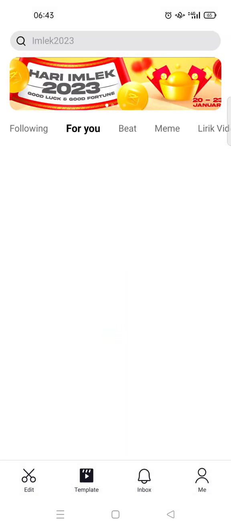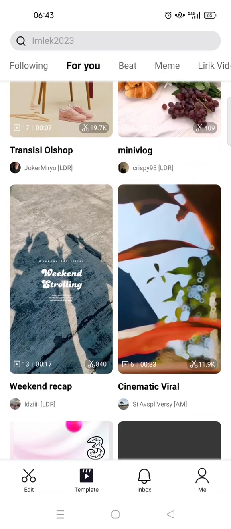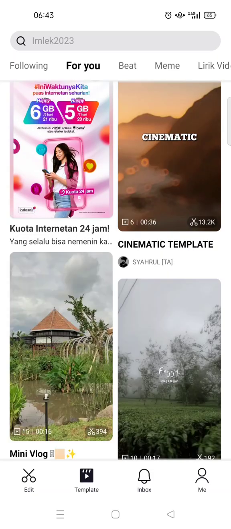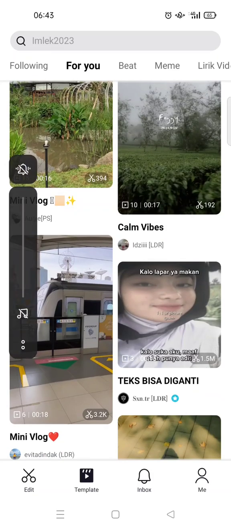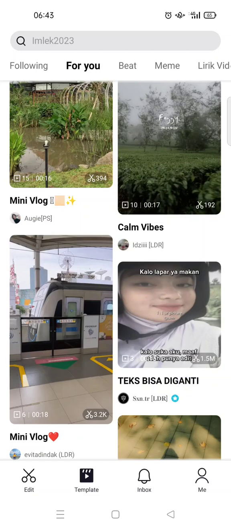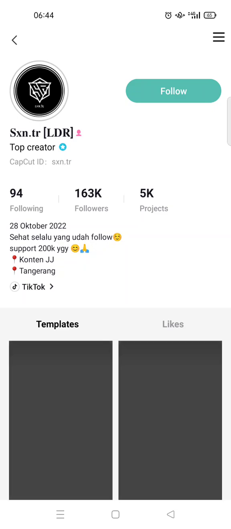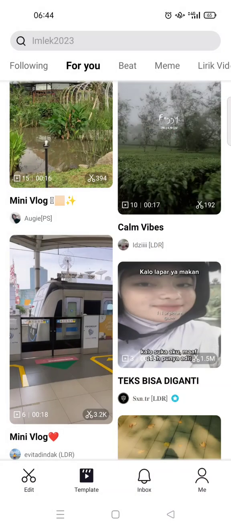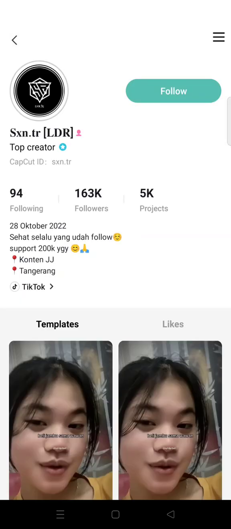Okay, for example, this is just an example, I don't mean any harm. So for example, I want to block this CapCut user here. You just need to open CapCut and then open the profile here, and then what you